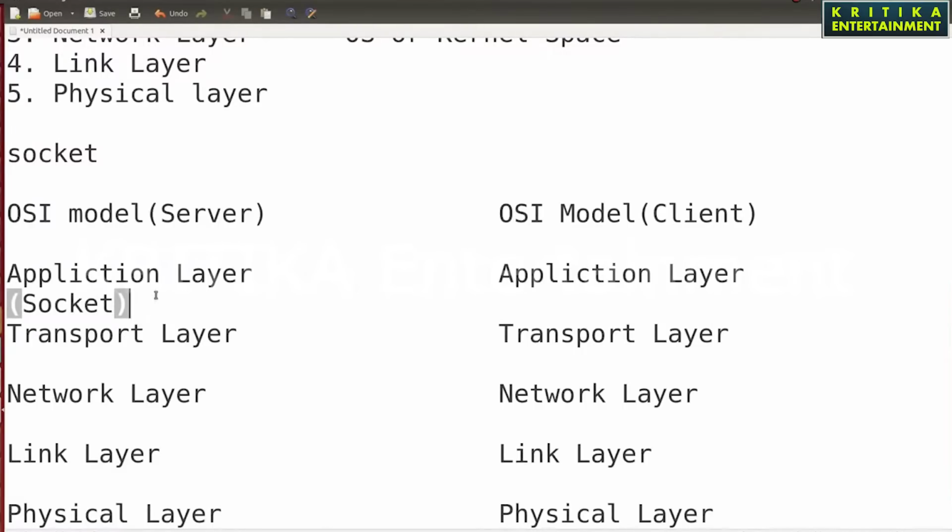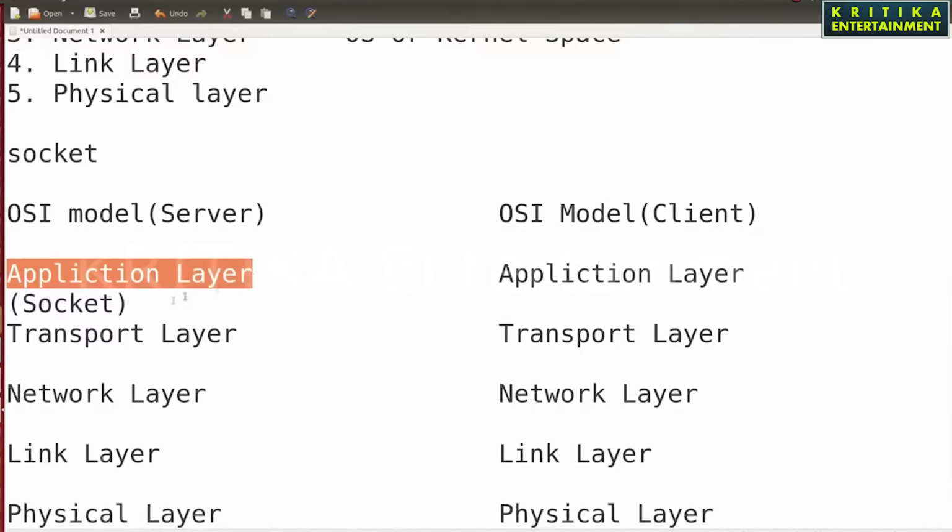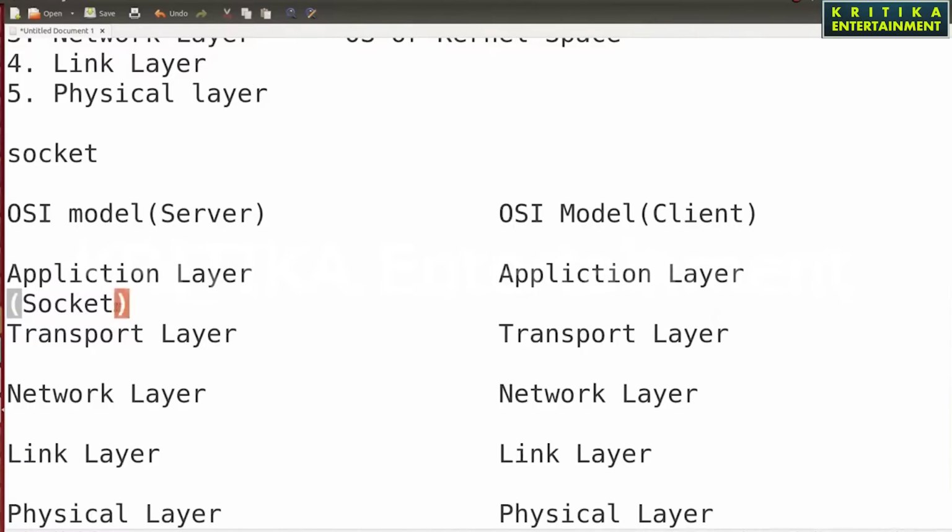When any data goes from the application layer to the transport layer, it will first be written into the socket temporarily. Then the transport layer will read the data from the socket.